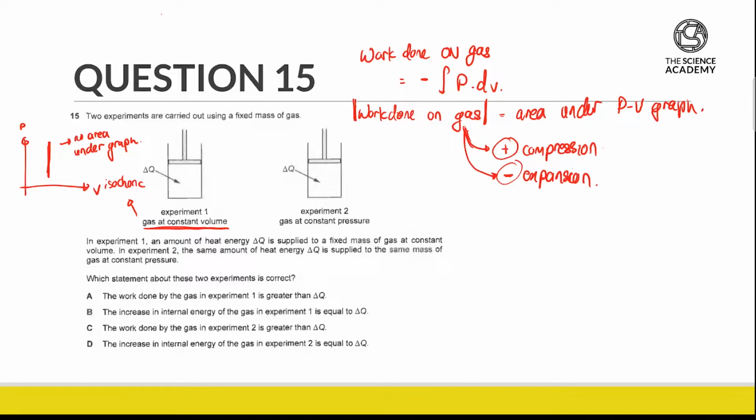So in this case, for experiment 1, because it's an isochoric process, essentially there is no work done. Let's talk about experiment 2. Experiment 2 tells us that we have a gas at constant pressure, and if our gas is at constant pressure, this must mean that it's an isobaric process. Let's just draw the PV graph of a generic isobaric process. So P and V, we have